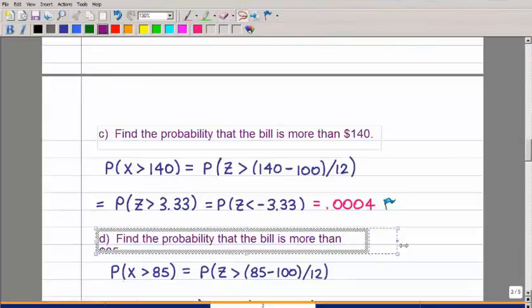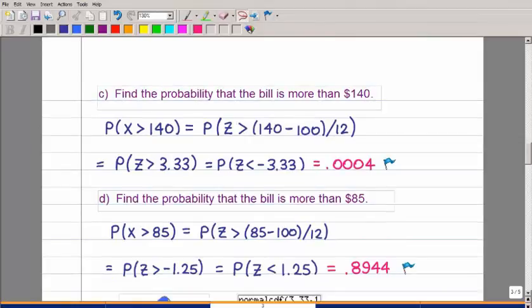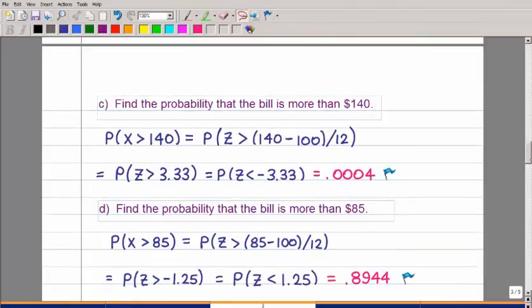And one more here. Let me stretch that out. So find the probability that the bill is more than $85. All right, greater than. So we take 85 minus 100 divided by 12. This is our first one where I did this on purpose so we would have greater than a negative. The other greater thans have been greater than a positive. This one's greater than a negative. So I want you to see that